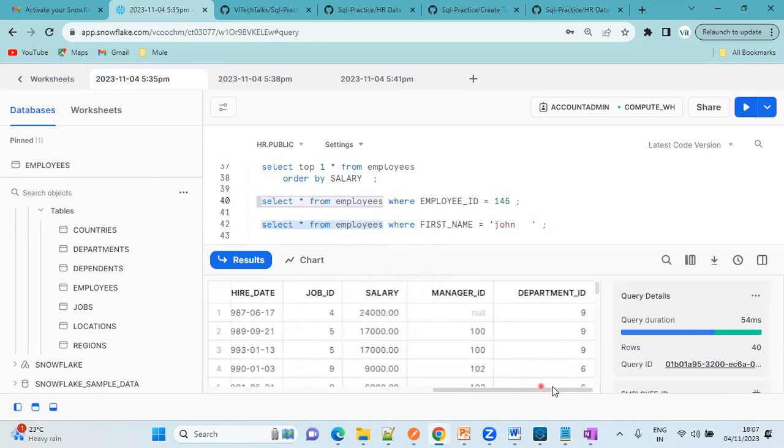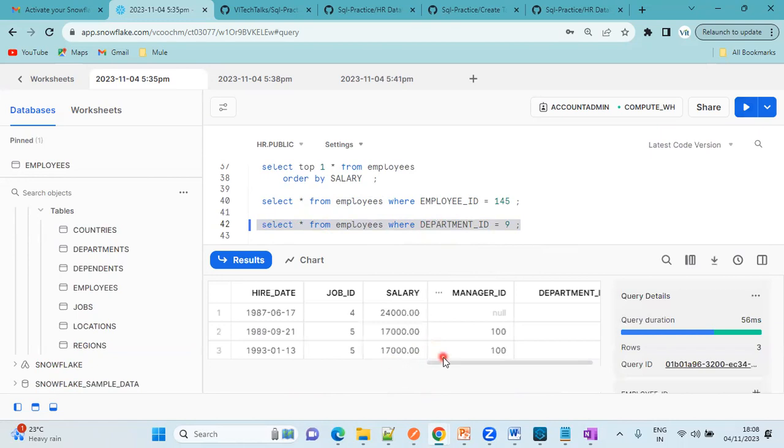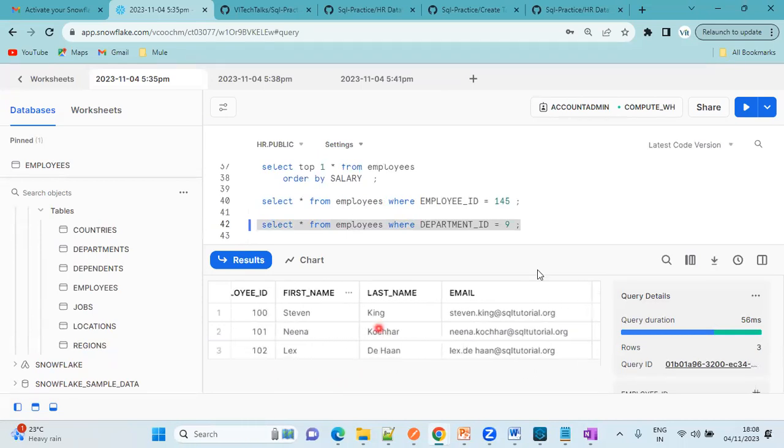I'll go with another one. Department ID is 9. Instead of searching with the name, I'll go with department ID. I want to see how many employees are present in department 9. Okay, there were 3 employees. We are able to identify that. Now